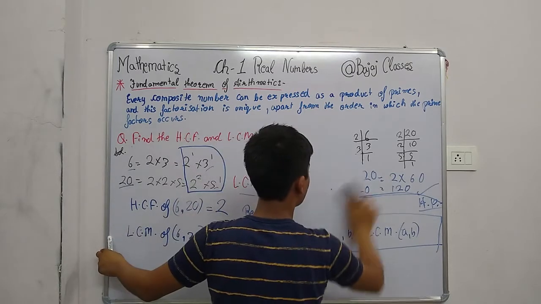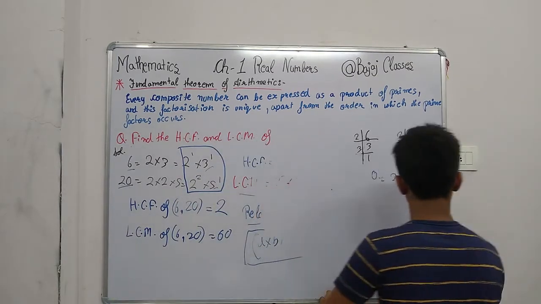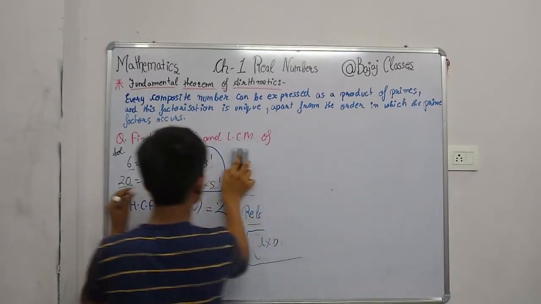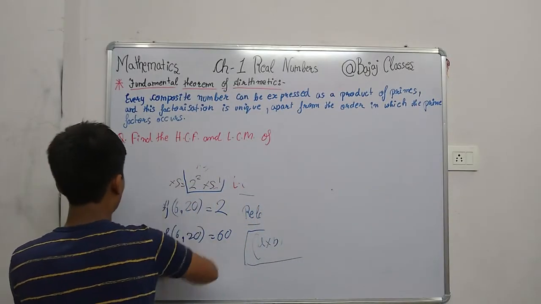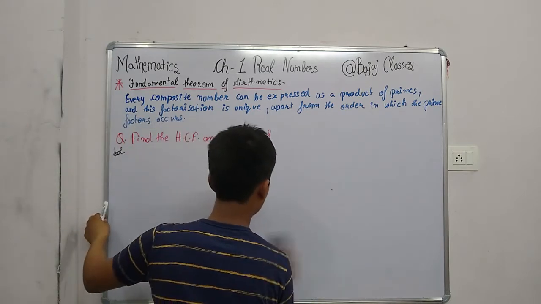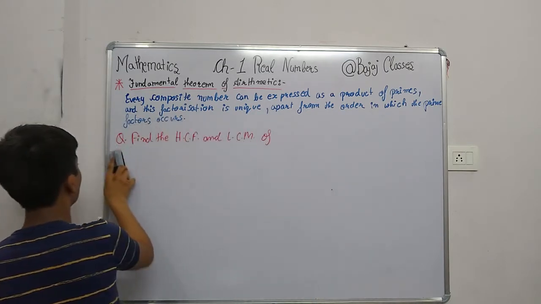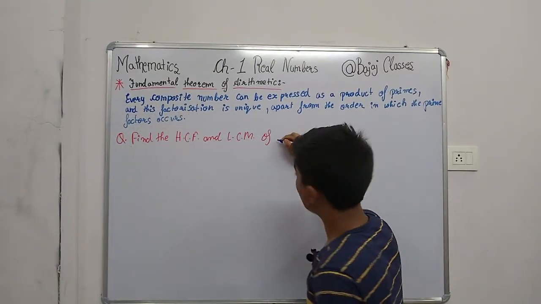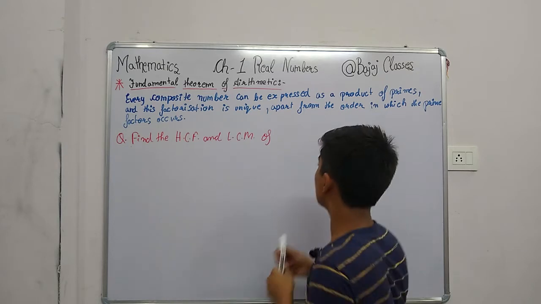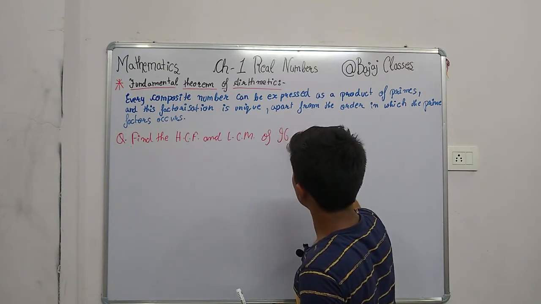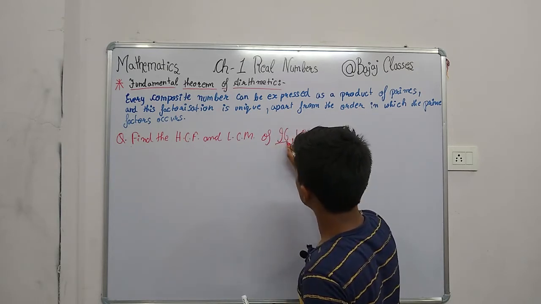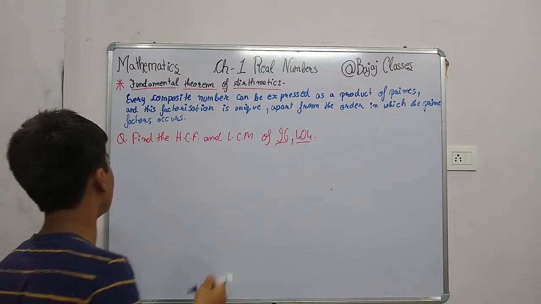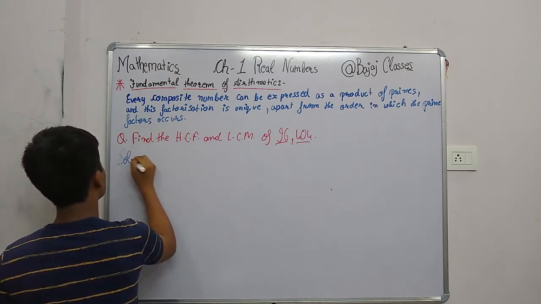Now we will do another example. We will find the HCF and LCM in this also. Which numbers do we have? We have 96 and 404. Now we will do the prime factorization of 96 and 404. So the solution will be: